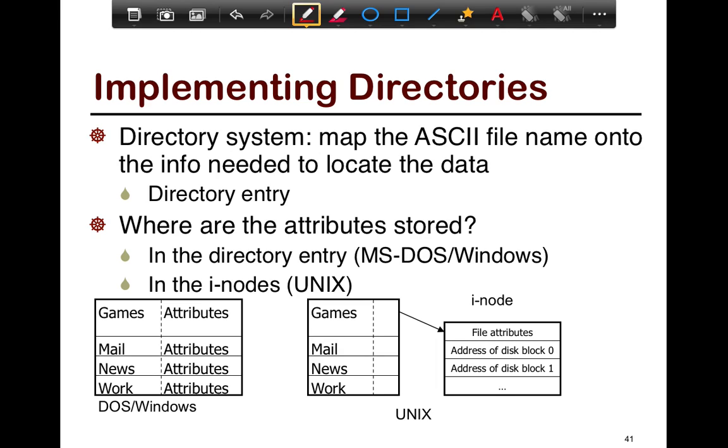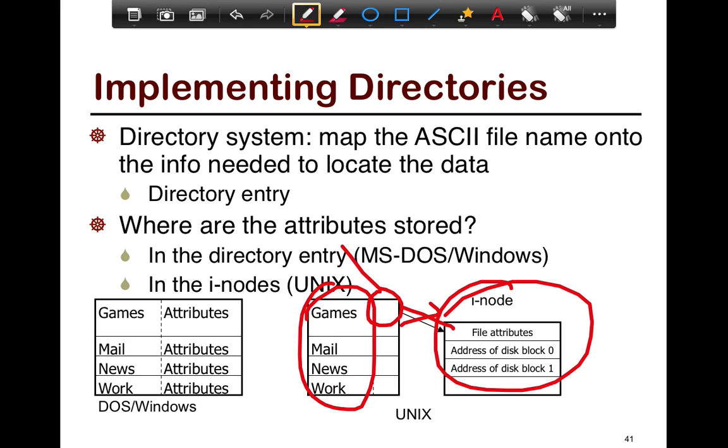In the case of Unix, it's essentially a reference pointer where you store the directory names, and each of these contains a pointer to an inode that contains the actual description. This is so that it maintains an abstraction for a directory that is similar to files. So a directory ends up looking just like another file. On the other hand, Windows, similar to FAT, stores the attributes along with the directory name itself.